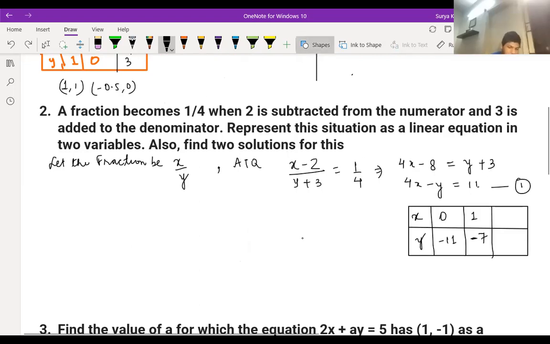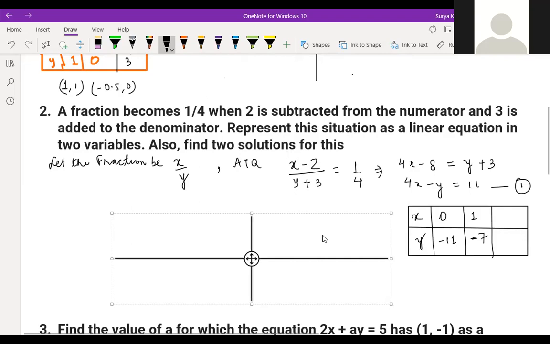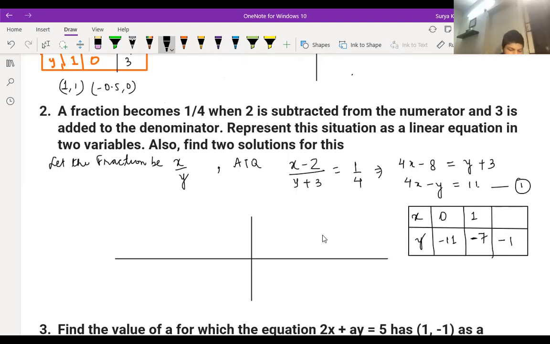Sir, I got the values. If y is equal to minus 1, x is equal to 2.5. And if y is equal to 1, x is equal to 3. What? Tell once again what you're saying. If y is equal to minus 1, this becomes 1, so 1 will go that side and become 10. 10 by 4 is 2.5. Yes.